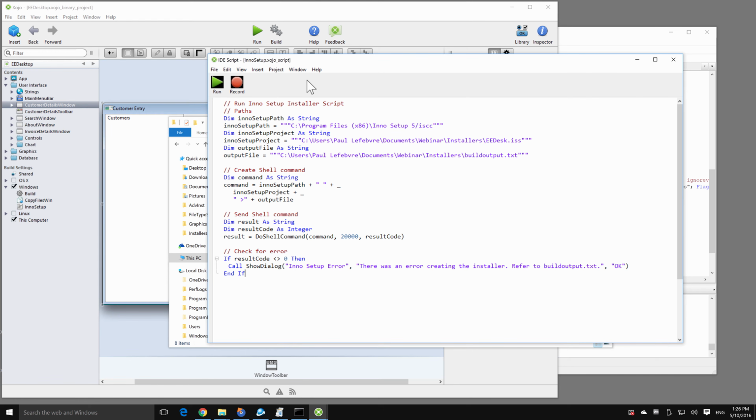But the next thing you can actually do is put this as part of build automation so that this script runs when you build your Xojo app. And then you don't even have to think about it at all. Whenever you build, it'll run Inno Setup and create your installer for you as part of the build process. But when you're just debugging, using run, it won't. And to do that,